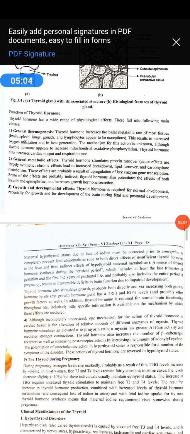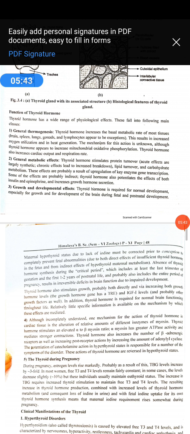It increases the action of some neurotransmitters like adrenaline and noradrenaline. These are secretions of the medulla part of the adrenal gland, and they act as neurotransmitters, which are very helpful for the transmission of nerve impulses. What is meant by impulse? For example, a pinprick is a stimulus. The stimulus is received by a sensory cell called a receptor, and the stimulus is converted into an impulse, meaning the feeling of the stimulus is called the impulse.